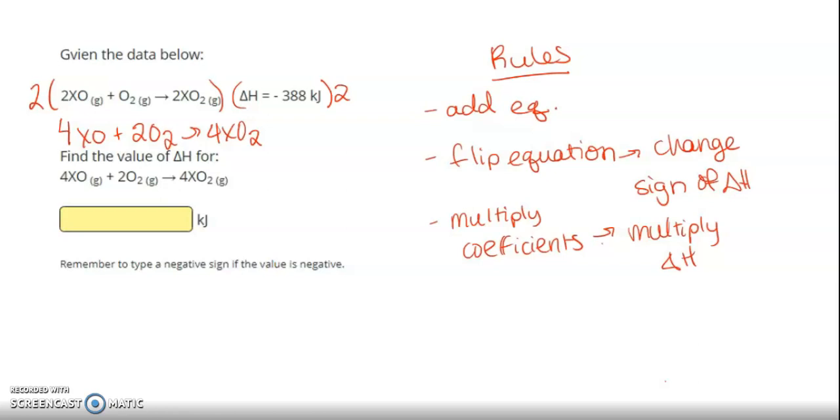Negative 388 times 2. I punch that in my calculator and it gives me negative 776. Now I need the negative because I didn't flip this equation. So the delta H was negative originally and it stays negative in the answer. This is the delta H for the equation written down below, the 4XO plus 2O2 yields 4XO2. And that's the number of kilojoules that are released when that equation